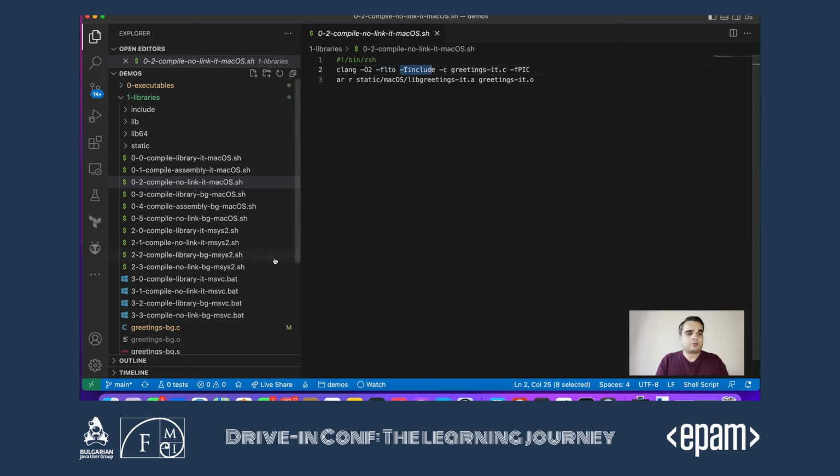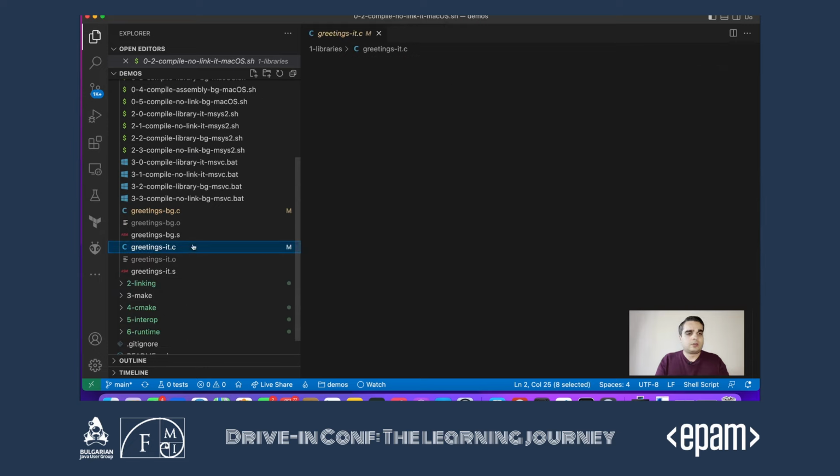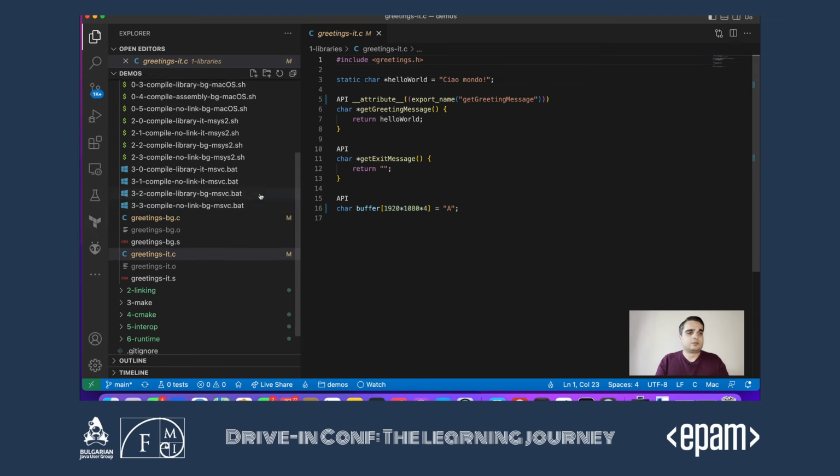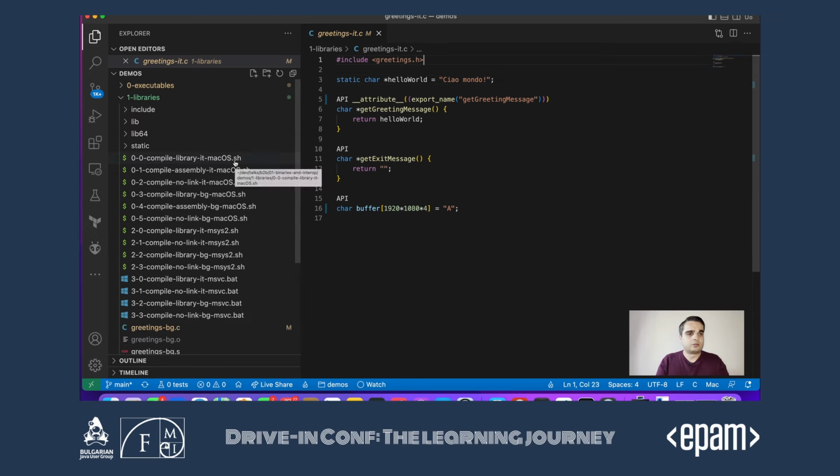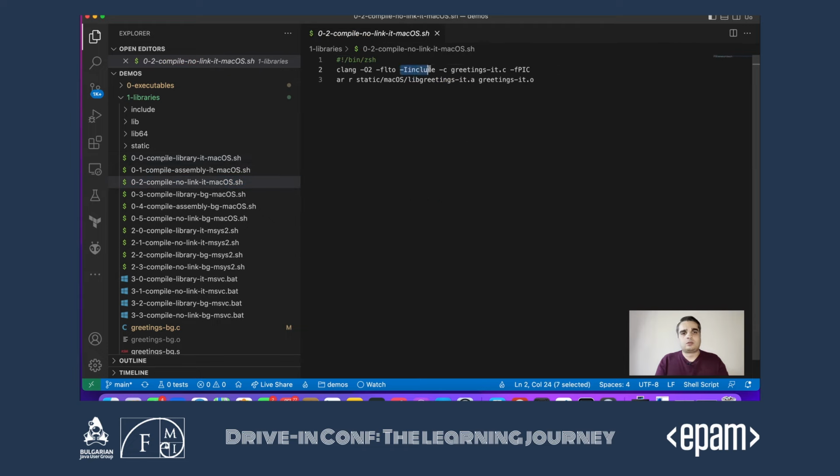Again, the library source code itself includes its header. So we need to include the folder in our build script, and then we want to indicate to the compiler to make the addressing portable and not to use absolute addresses.